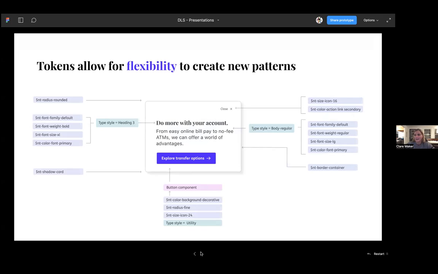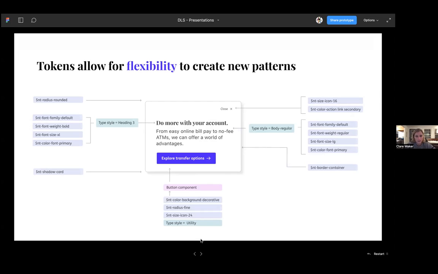Okay, and so let's think about the word flexibility. How might we provide tools that help us build solutions to all problems, even ones we can't predict? Let's say that we need to create a card for an iOS app, but there doesn't exist one in the system. What we can do is start with tokens.